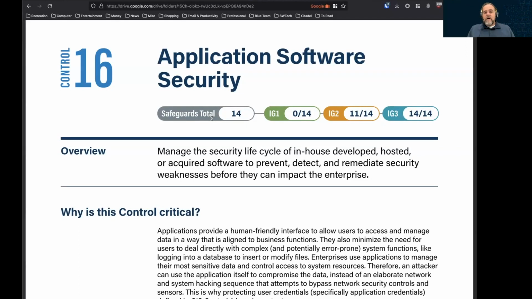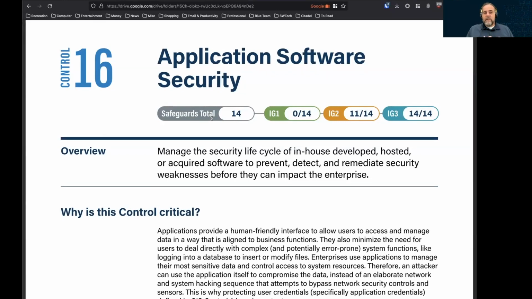So let's say I'm not running any software in-house. I do everything in the cloud. I use Google Workspace. All my documents are in Google. And I'm not running any servers. So I don't see that this applies to me. And so you might look at that and go, I'm not doing anything with software in this case. I'm only using services. And okay, so I'm not too terribly worried about this. So I'm not going to concern myself with Control 16. I don't need to spin my wheels trying to figure out what I need to do to implement this.